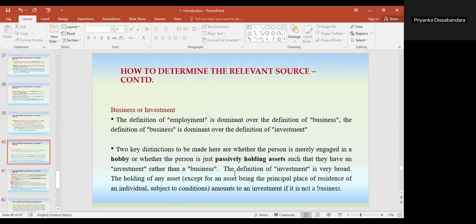So then, likewise, we have to determine whether that person is an employee or an independent contractor. So now I think you can understand independent contractors receive business income while